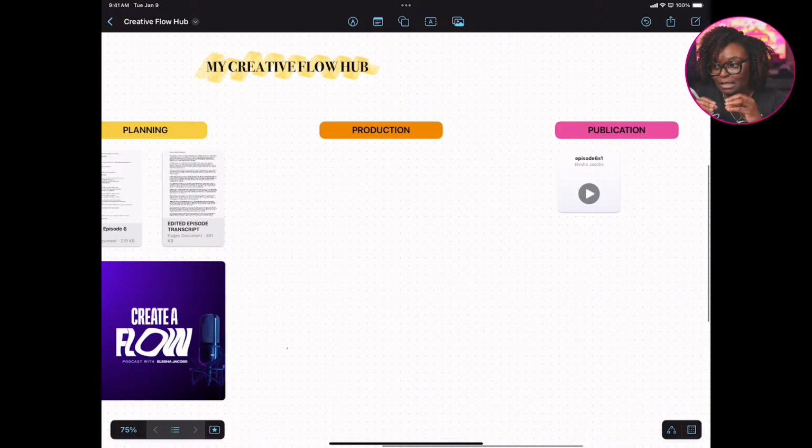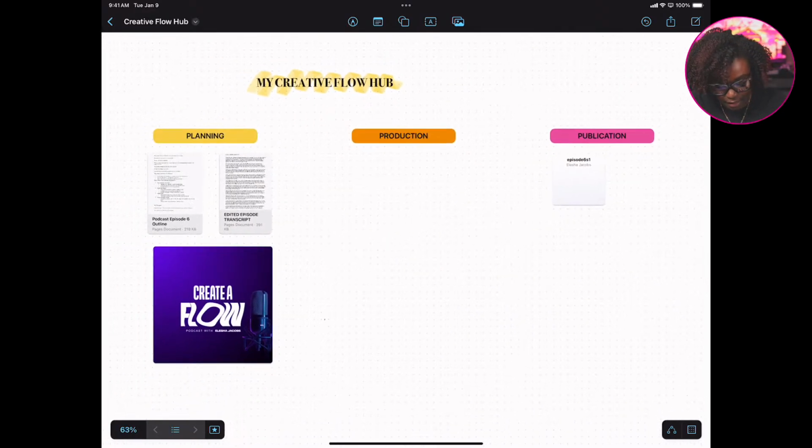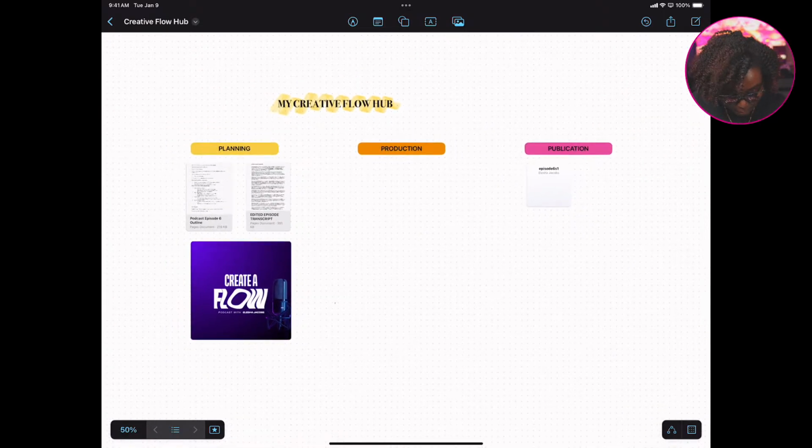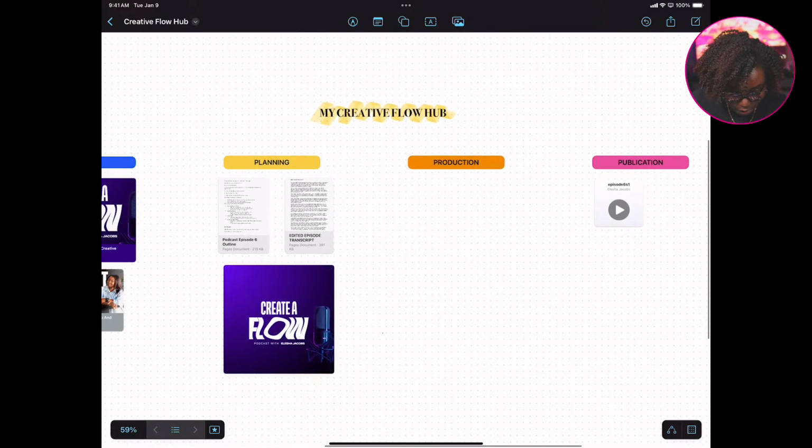All right, so notice that there is synchronization because it's one ecosystem, which is the Apple ecosystem, and you could be on several devices adding to that canvas or that board. All right. Now,